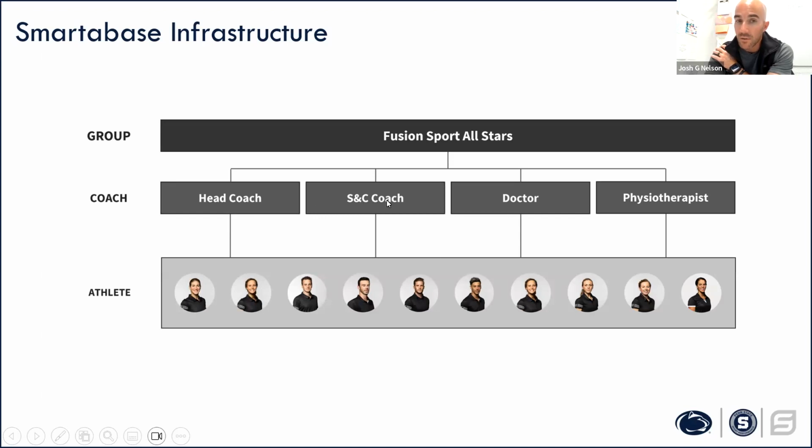Coaches can interact with the team or group's data, or the individual athlete's data. So in this case, we have coaches, we have support staff within strength and conditioning coaches, doctors, physios, your sports science crew could come in here, your dietitians could come in here. Anybody in the system can be allocated as a coach that manages athletes.